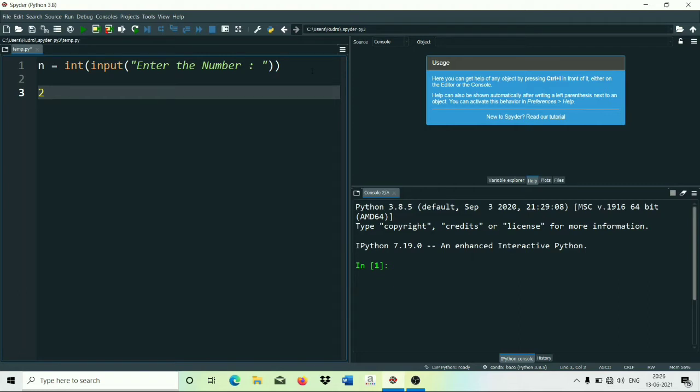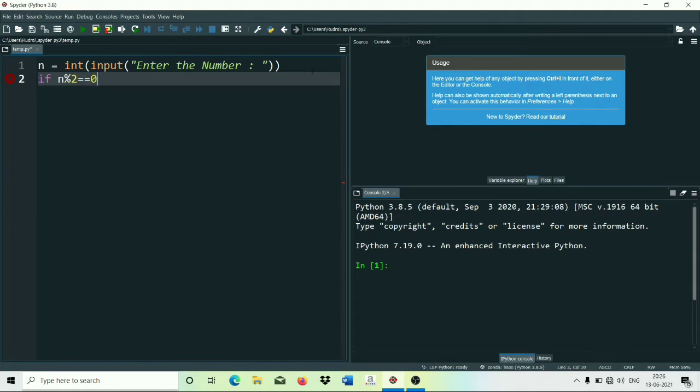For remainder checking, we need to use modulus. For that, I will write if n mod 2. Why 2? Because we are dividing by 2. And why mod? Because we want the remainder. Okay. n mod 2 equals 0. I also told why 0. Okay. Then print